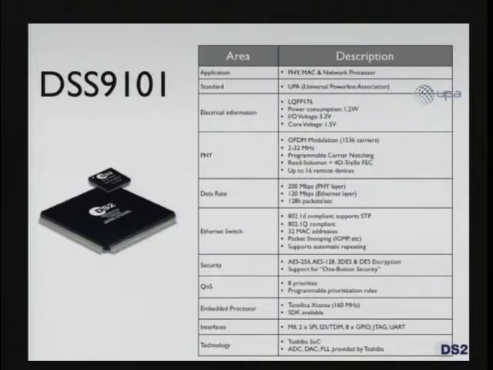From the point of view of QoS, it has 8 priorities and programmable prioritization rules, like I mentioned before. You can put the packets in the different queues according to programmable rules. It has an embedded processor, which is required for control messages, etc., based on an Xtensa processor from Tensilica, running at 160 megahertz. And we provide a software development kit that our customers can use to change the software that